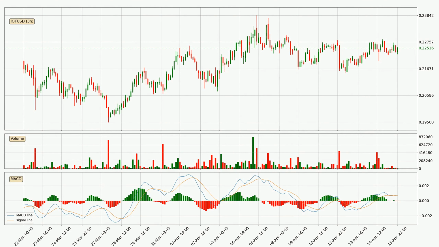Moving to the 3-hourly MACD, the trend is currently going down because the MACD line is below the signal line. The MACD histogram shows that the momentum is currently indecisive, so consolidation for some time or shifting the momentum could be expected, and it is to wait to see if the MACD line will cross the signal line, which will